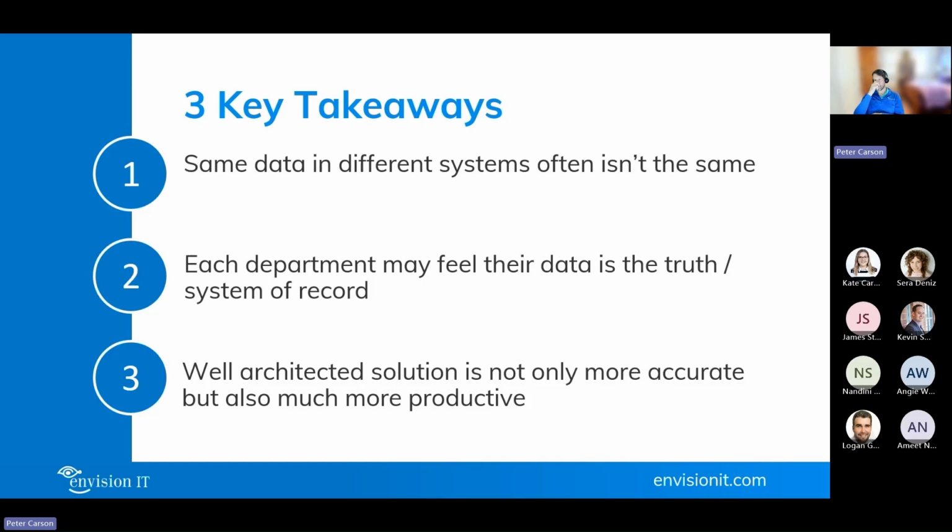Just coming back to the takeaways that we had at the beginning, really the problem that we're solving is getting that single version of the truth to say, hey, let's define systems of record, not just at the company or contact level, but actually at the discrete level within that. And that as you wire this all together and data flows through your enterprise, it provides a lot of accuracy benefits and a lot more productivity through that.